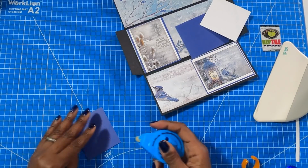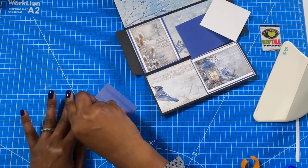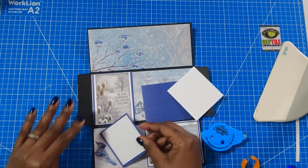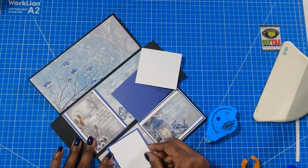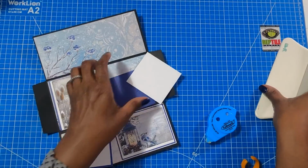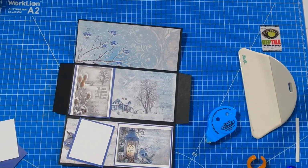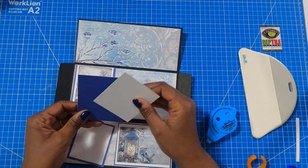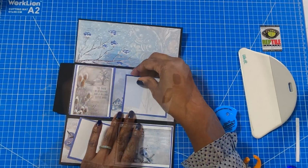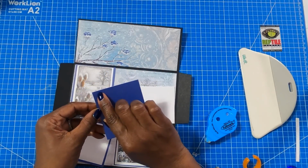Place that right there. And then I'll add some tape to this one. And it looks like my bird is going to be slightly covered, and that's okay. So now we have this, and then I'm going to take this white mat and we're going to place this one right here. So this piece measures 3 1/2 by 3,